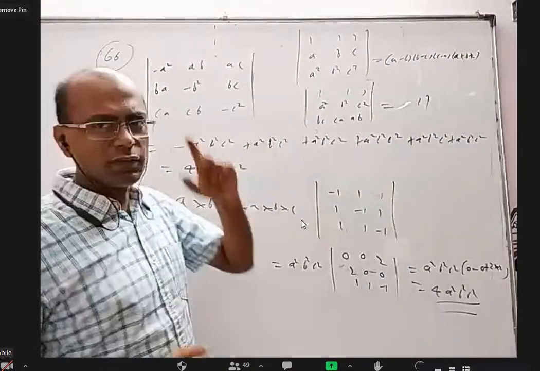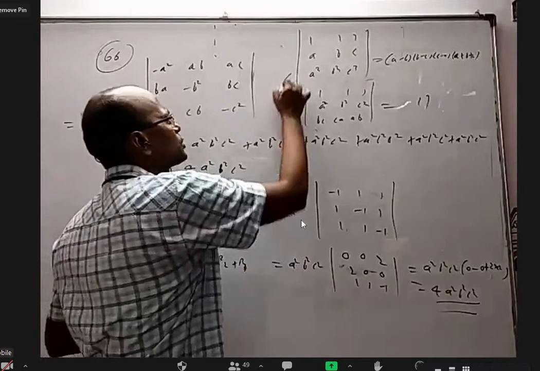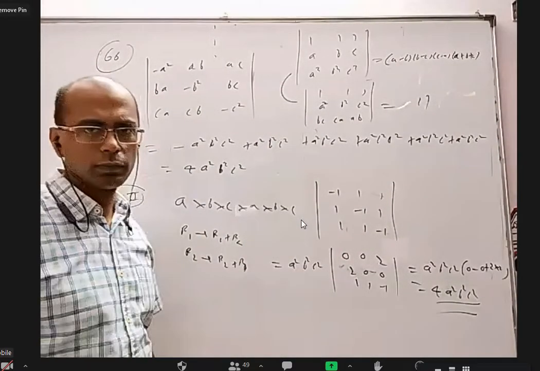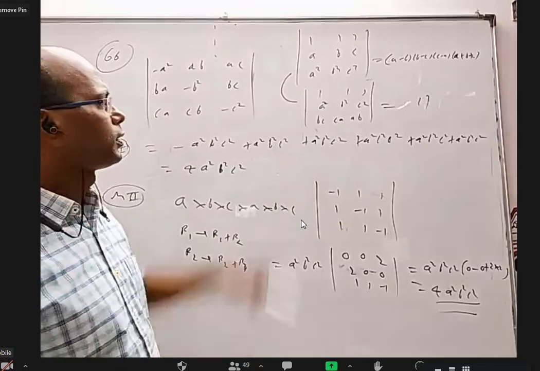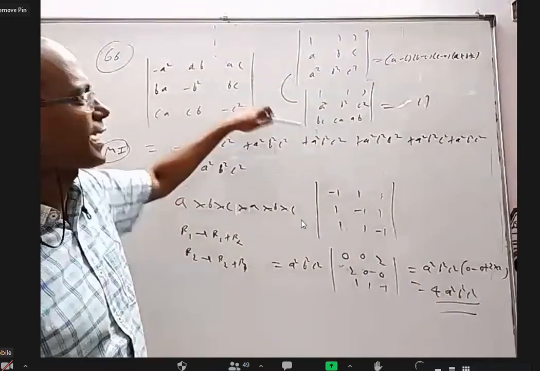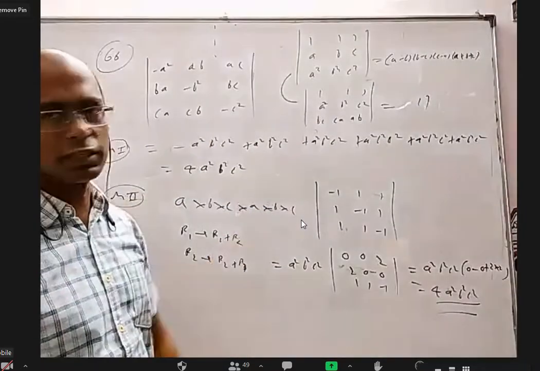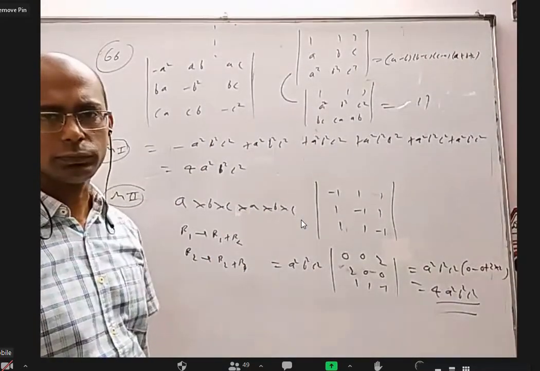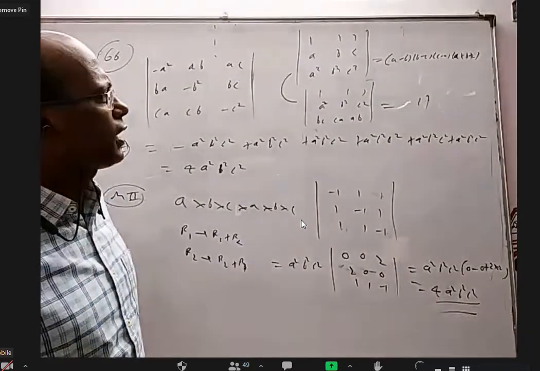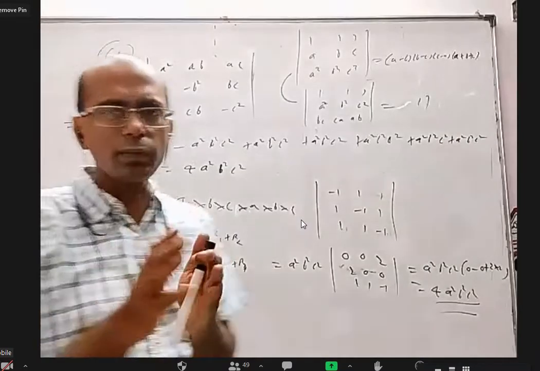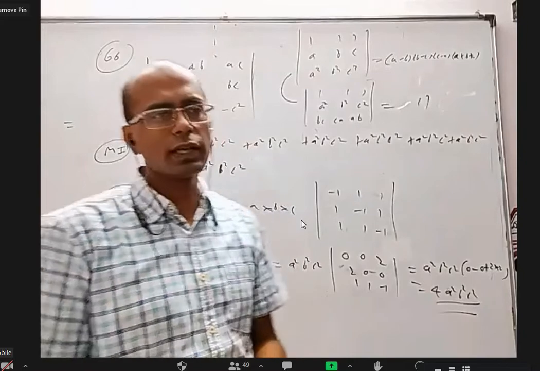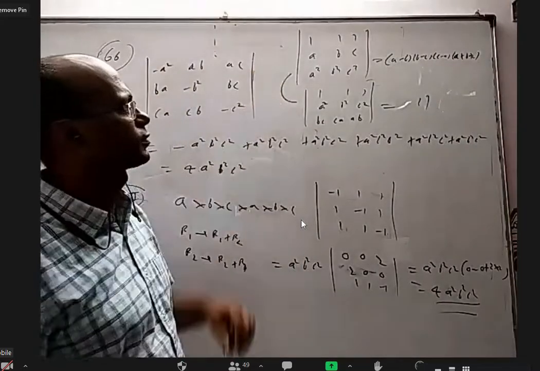But I think without expanding, I can prove these two are equal straight away without the answer. Am I correct? Anybody want to give an idea how to prove these two are equal without actually expanding the determinant or factorizing the determinant? Sir, degree is 4. Yeah, degree is the same. Not even that. In the class, we did some questions where without expanding we show that this is equal to that. That kind of way. Anybody want to give some idea for this?